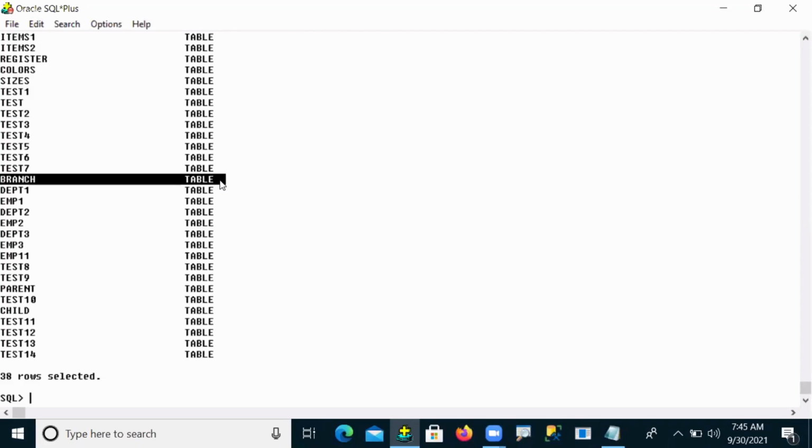Is the create command permanently executed or temporarily executed? Permanently executed. But who executed your query? I'm just writing it, but that query is permanently executed.